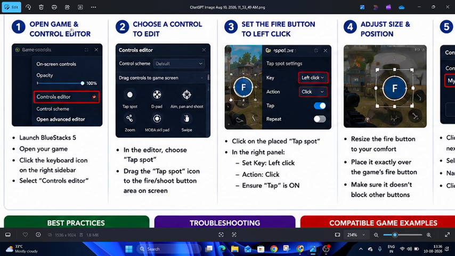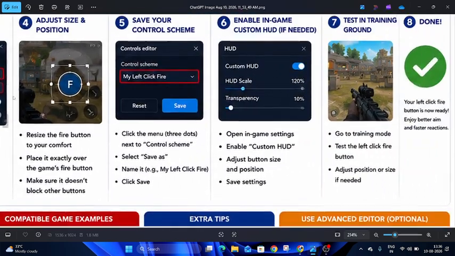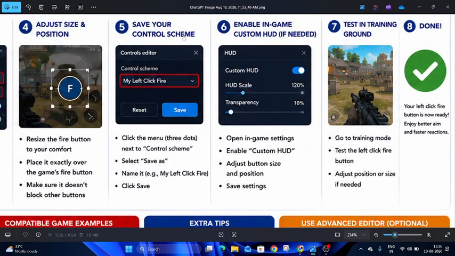Open RAM settings, control editor. Launch BlueStacks 5, then go to the control editor bar and choose a control to add it. In the editor, choose the tab sort, then set the fire button to the left click, and adjust the size and position. Resize the fire button, place it exactly over the RAM fire button, then go to save your control stream, enable in RAM custom hub,